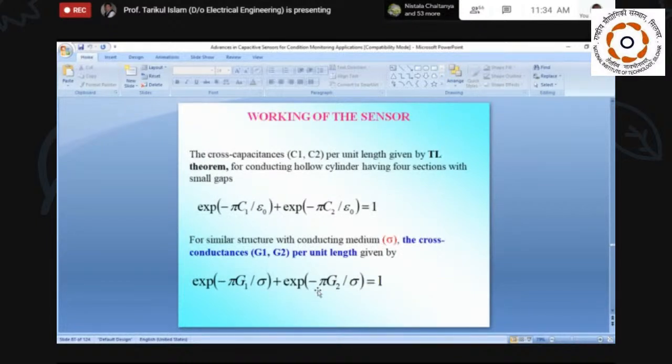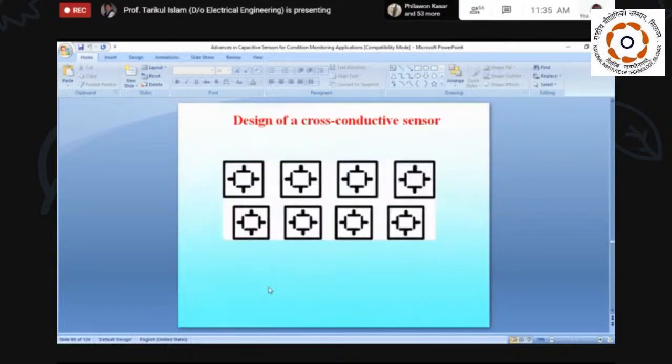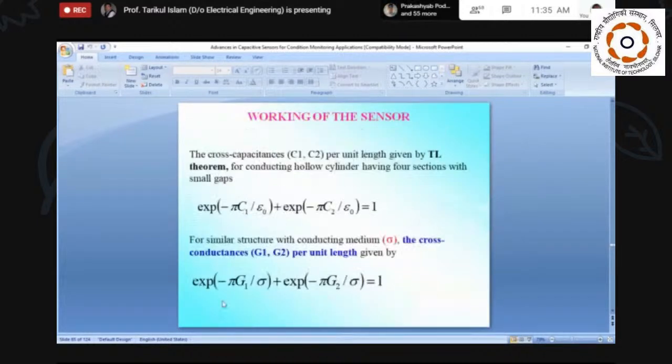In the case of a PL cross capacitor, this is the expression that I have already given. But in the case of a cross conductance for this structure, because this is a cross conductor, the expression becomes epsilon minus